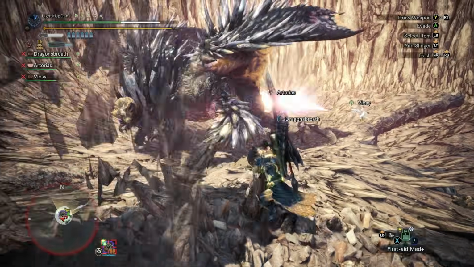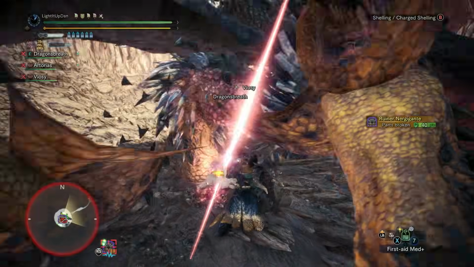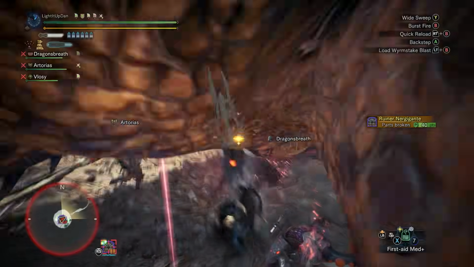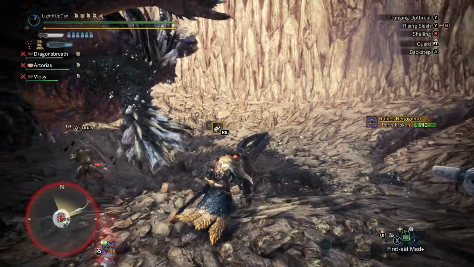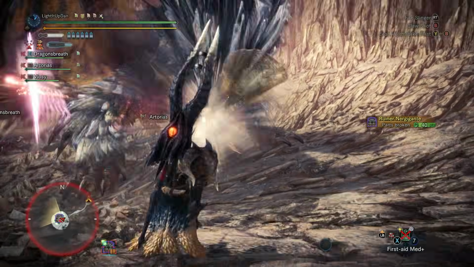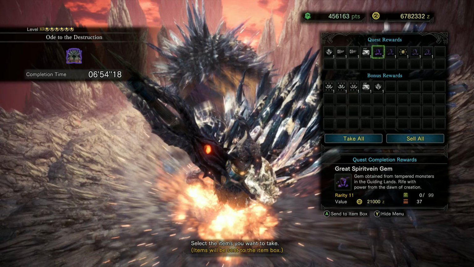Don't take tempered Ruiner Gigante lightly, it will turn the tables on you really fast, especially when it's enraged. The spikes it shoots out will put bleed on you, which can put you in a bit of a tricky situation. Otherwise, keeping on top of your tenderizing to help negate the hardened spikes should ensure you've got a pretty smooth battle. Once you're finished cosplaying as a voodoo doll, you'll be rewarded with a variety of spirit vein gems,